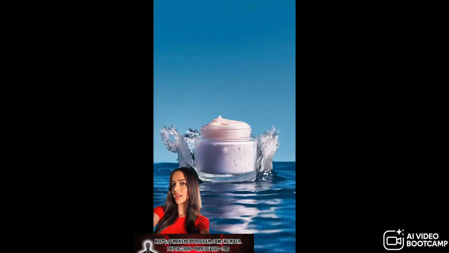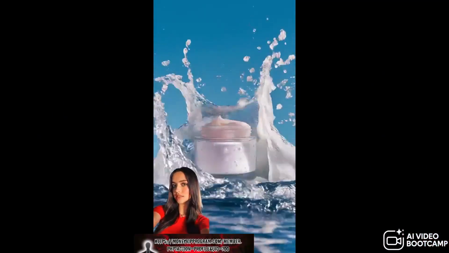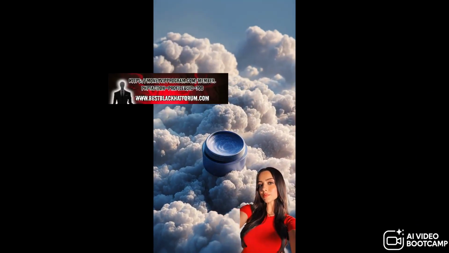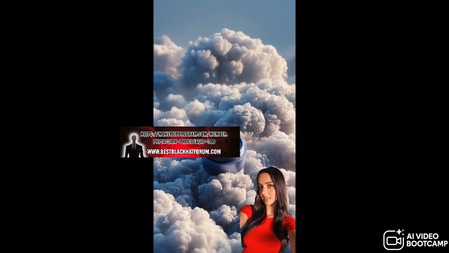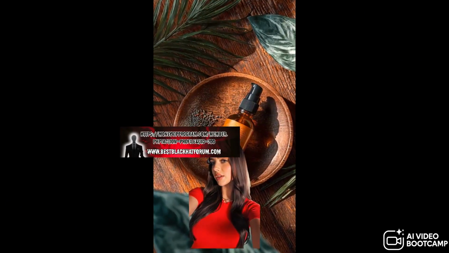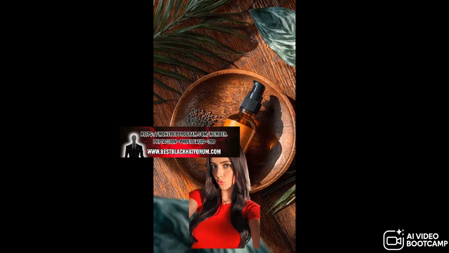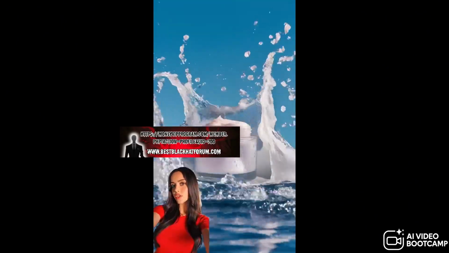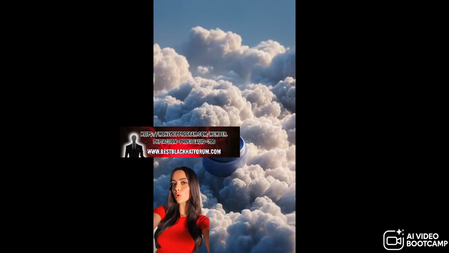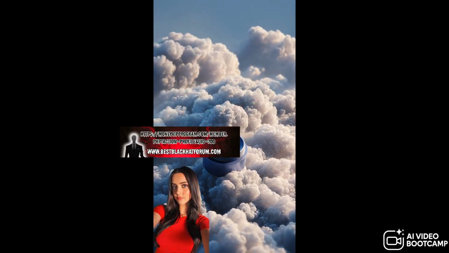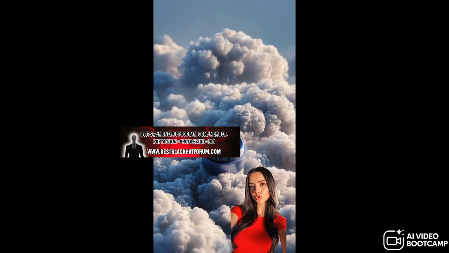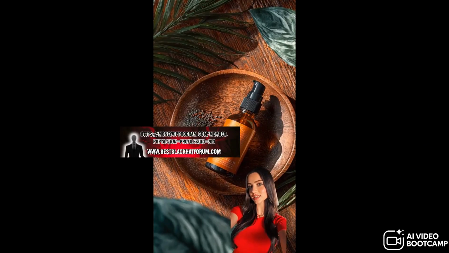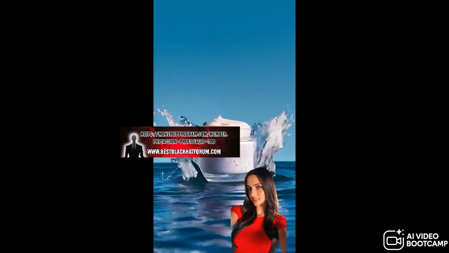Tired of waking up to breakouts, dry patches, or dull skin? No matter what you try, you've spent money on serums that sting, creams that clog your pores, and routines that take forever. What if your skin actually liked your skincare? Meet our new product. A simple dermatologist-backed formula designed to calm, hydrate, and actually work with your skin, not against it. Over 20,000 people have already made the switch, and the reviews are insane. Don't wait till your skin gives up on you. Try it now while it's still in stock.